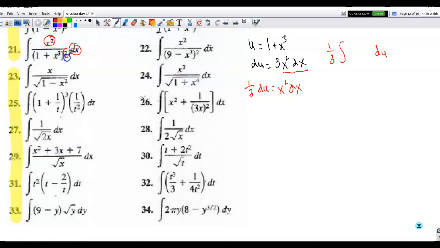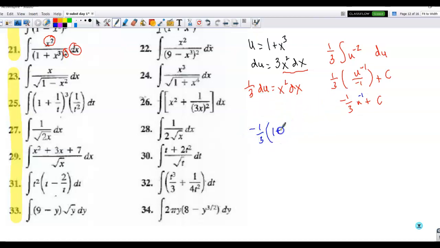I have a square power in the denominator. I'm going to go ahead and move it to the numerator and make that u to the negative 2 power. Reverse the power rule, and I get u to the negative 1 divided by negative 1 plus c. That becomes negative 1/3 u plus c. Make my replacement. Put 1 plus x cubed back in, oops, to the negative 1 power. I dropped that. So negative 1/3